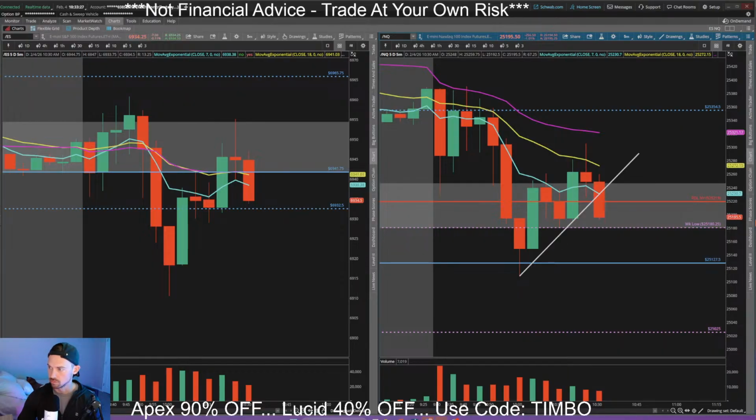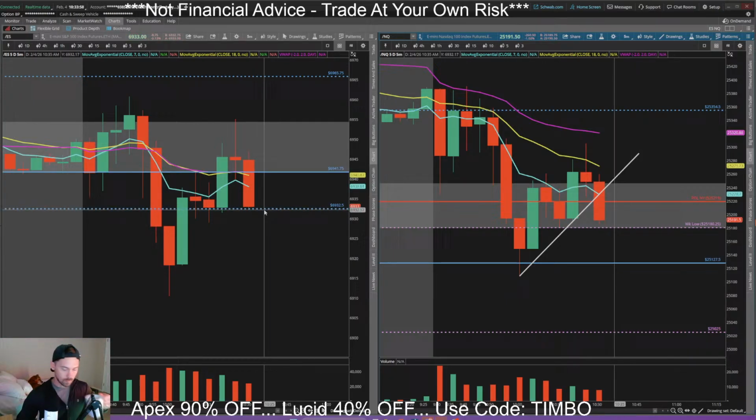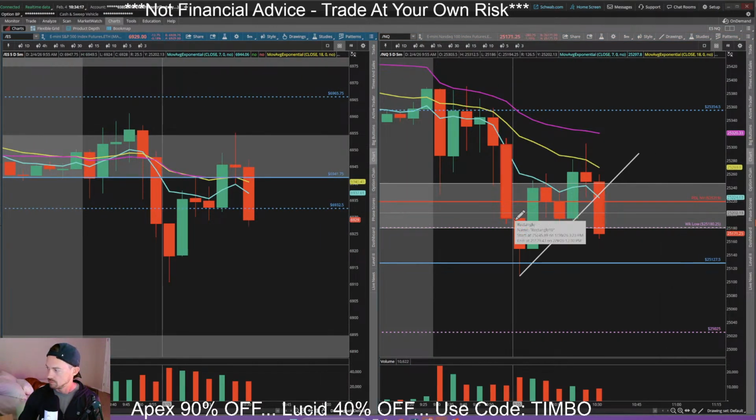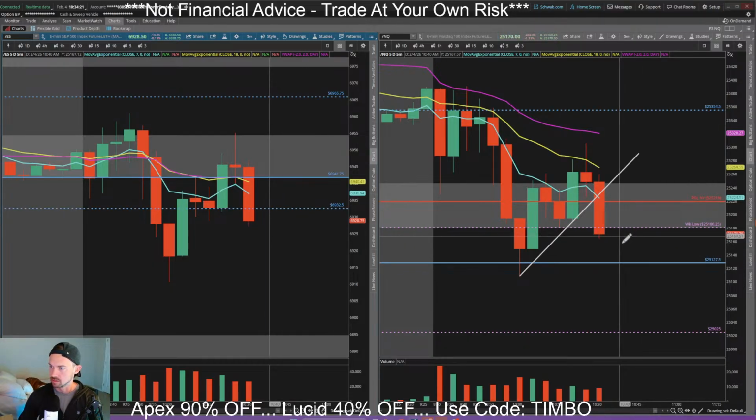All right, Neil is in short from 203. Nice. Yeah, I like that we're breaking that trend line. Back underneath previous day's low. Ideally, I'd like to see us under that 32 level here on ES here. It's coming into it pretty strong. All right, there's the drop. So we had a new 5-minute candle coming in about 40 seconds, so